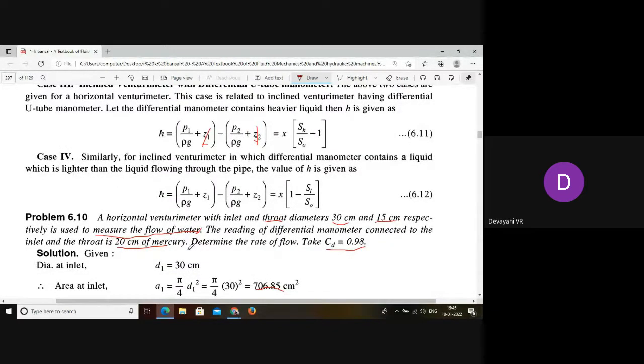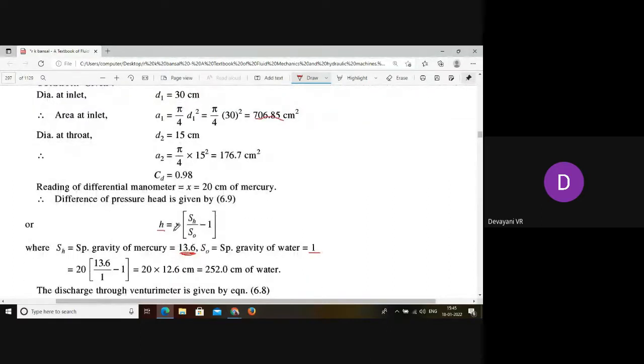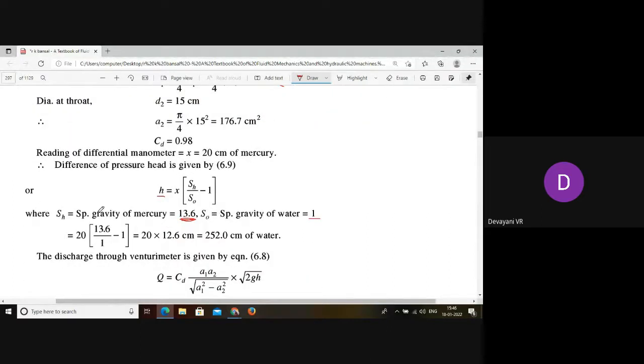So H1 minus H2 is 20 into 13.6, the mercury specific gravity, by 1, the water specific gravity. Substituting the values, we get the head as H equals 252.0 centimeters of